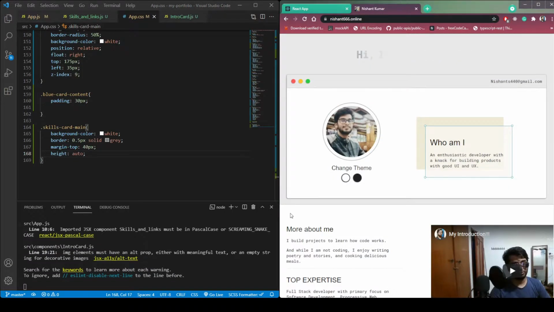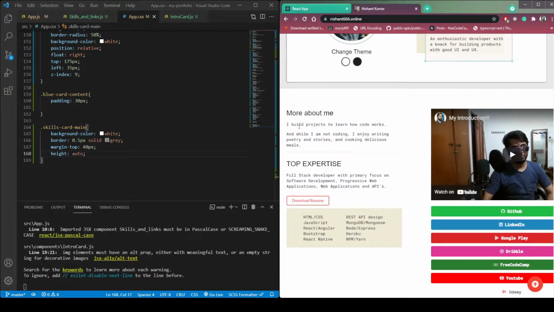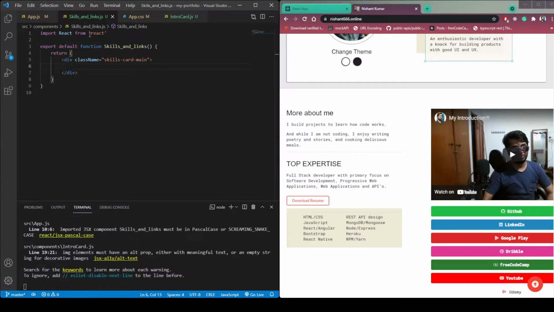So now we need to add this text and these links, and if a video you can add it as an introduction or a picture. So let's add this text in the skill links. Let's add two divs.